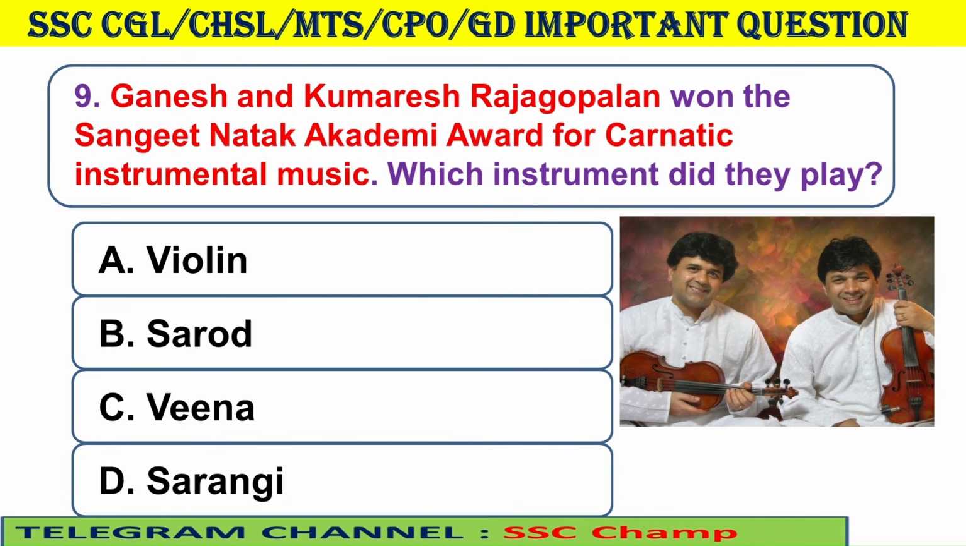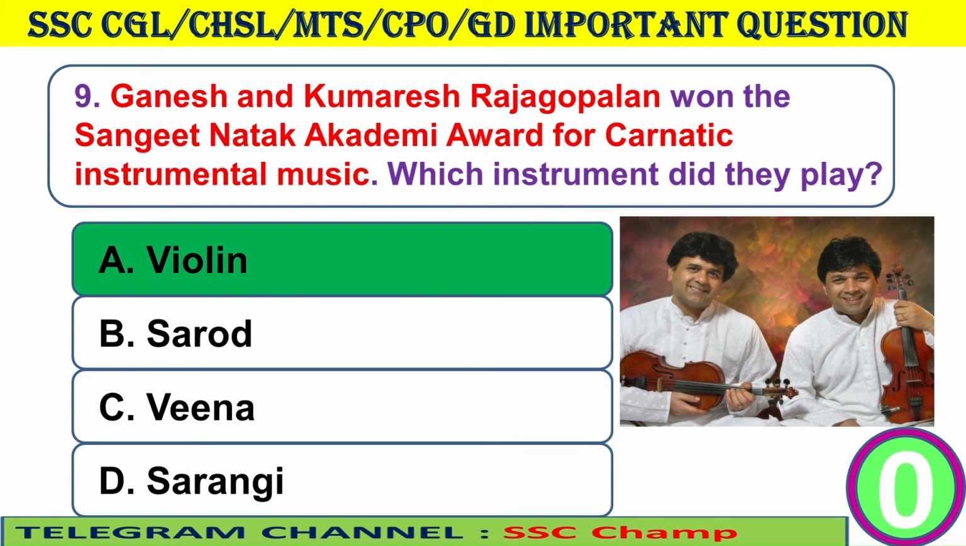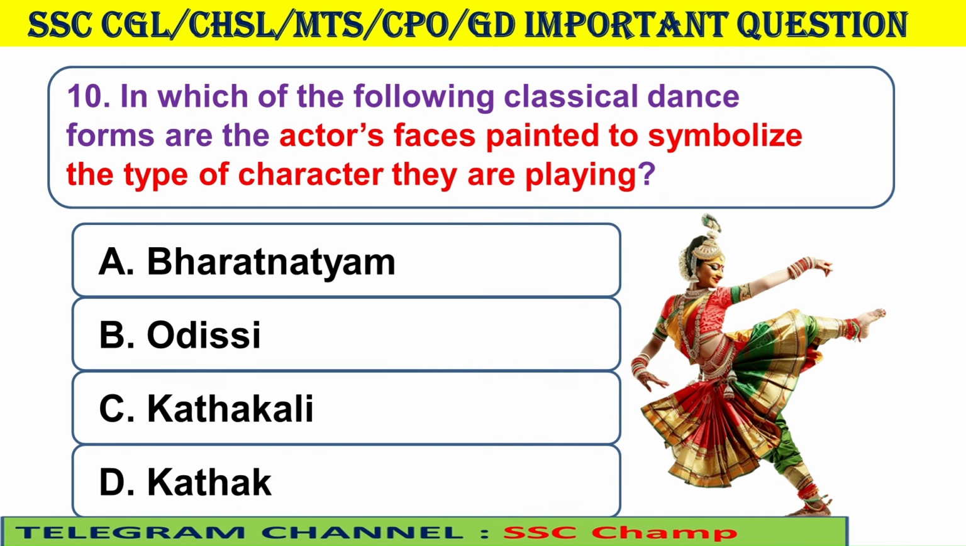Which instrument did they play? Option A, violin. Option B, sarod. Option C, veena. Option D, sarangi. Correct answer, violin. In which of the following classical dance forms are the actors' faces painted to symbolize the type